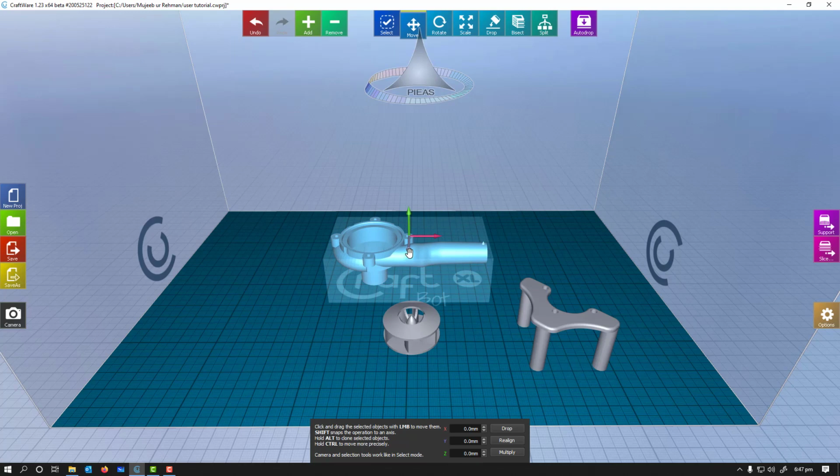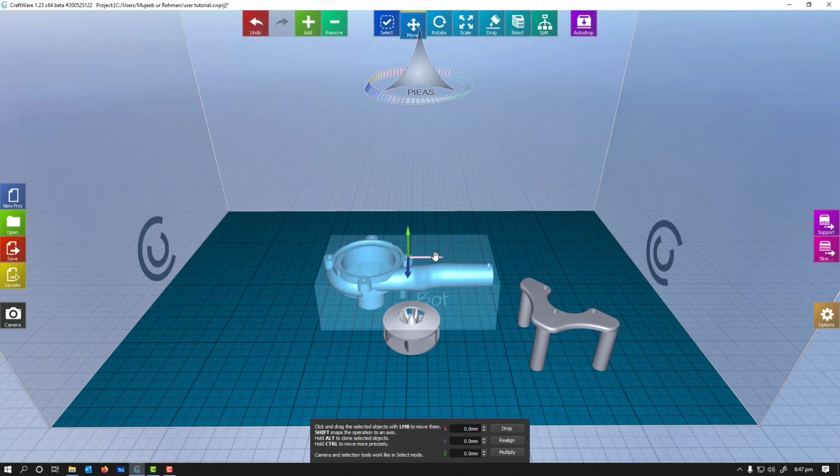I have selected the y-axis because y is blue here. So if I select the y-axis, I can move along the y-axis. If I select the x-axis, I can move along the x-axis. Similarly, the z-axis. Now remember that I don't recommend touching the z-axis because it will